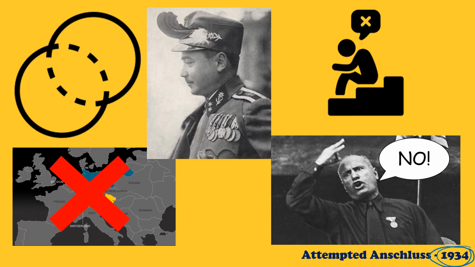We have the assassination of the Austrian Chancellor Dollfuss in 1934 by members of the Austrian Nazi Party. Hitler sees this as his opportunity to unite Austria and Germany by becoming Austria's new chancellor, but he is stopped by this guy here, Mussolini, who is at this time not Hitler's ally. He stops Hitler, saying that Mussolini is trying to protect Austria's independence. Hitler learns from this opportunity that if he is going to successfully take over countries, he needs a stronger military, and he needs this guy on side. He needs to make him his ally.